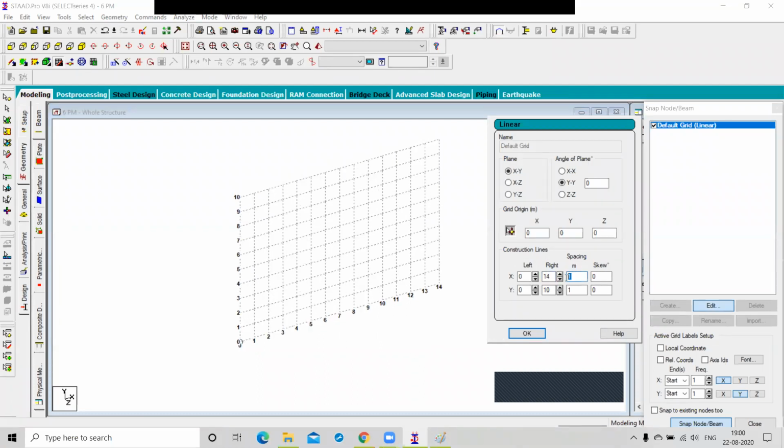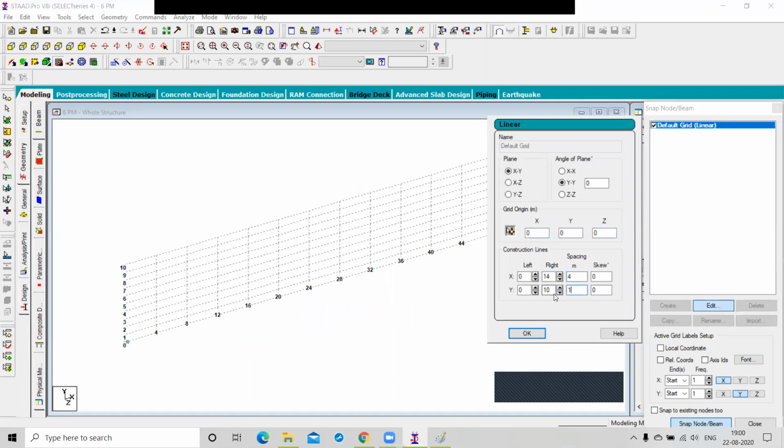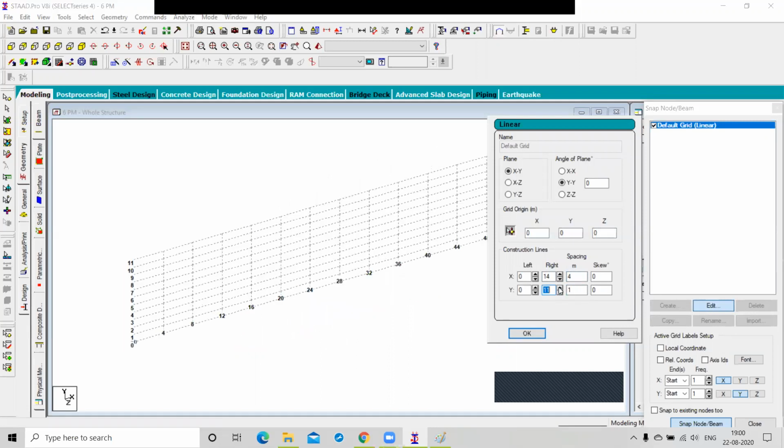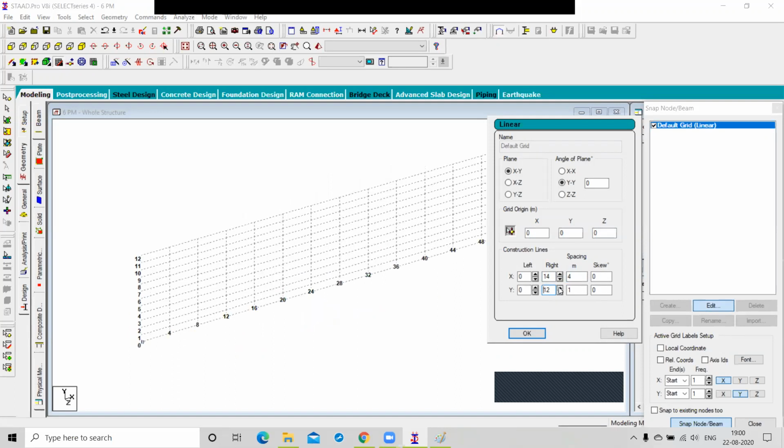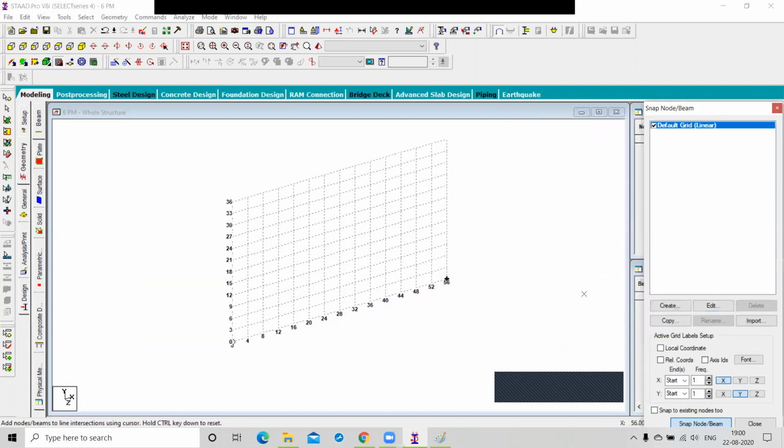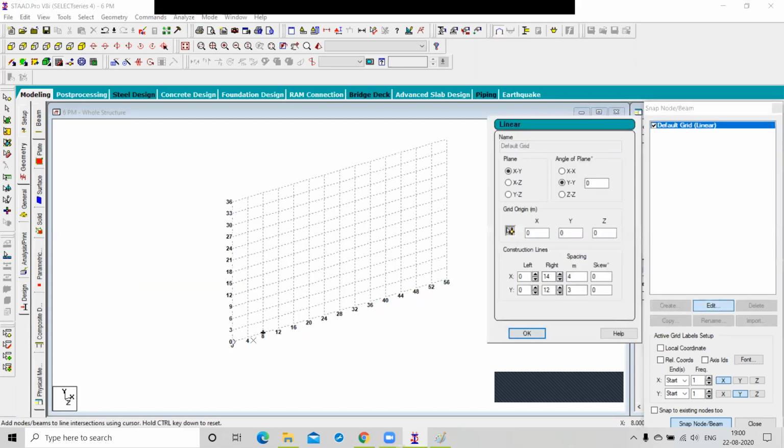And what is the distance? 4 meter, so you can specify 4 meter. And in the y direction, we have to choose 12. And what is the distance? 3 meter. So here we have 56 meter, and here we have 36.